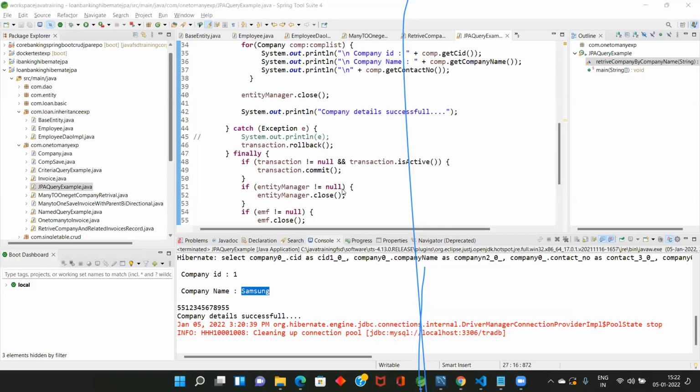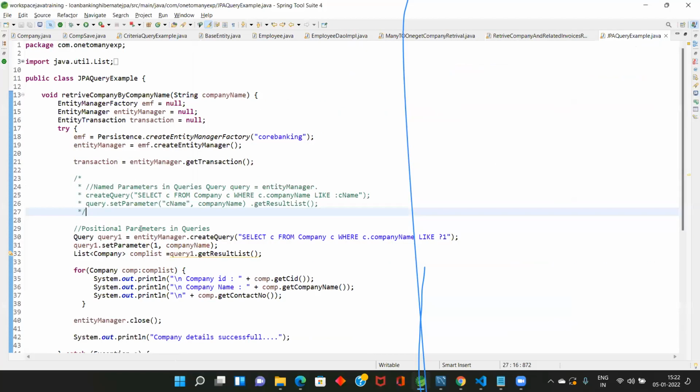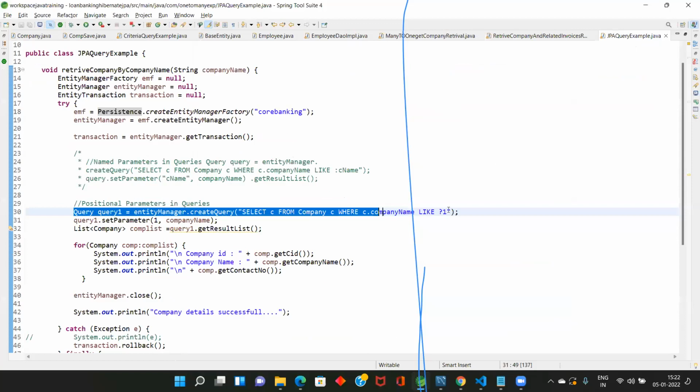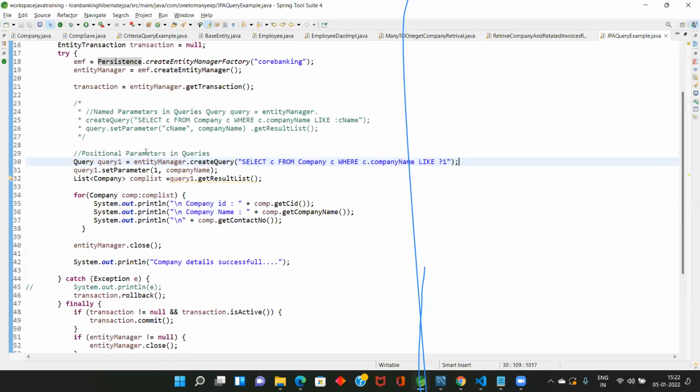So if you see, this is the code. Same way we create entity manager. I create one query, then name the parameters. Then query dot, I'm setting the parameter for this one. Question mark 1 means the first parameter.